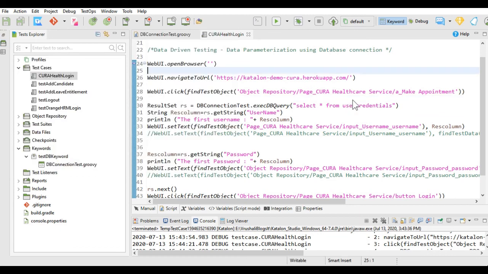This was about creating a custom keyword for database connection, closure of the connection, and executing the query, how to use the database keyword in the test case, and installing the database plugin for use of custom keywords available in Katalon Studio.